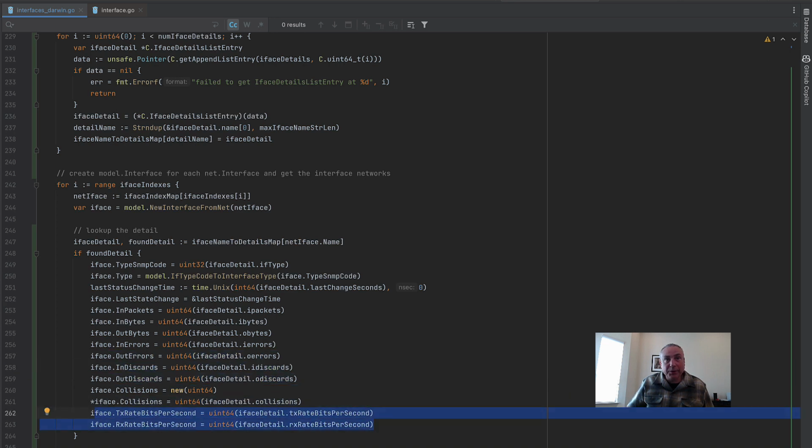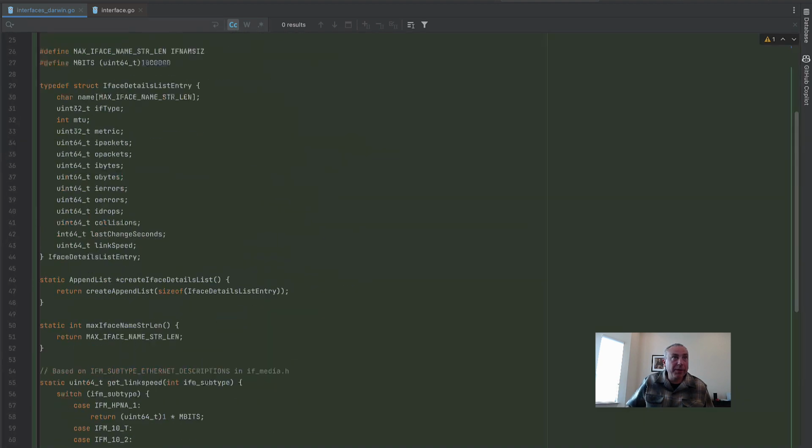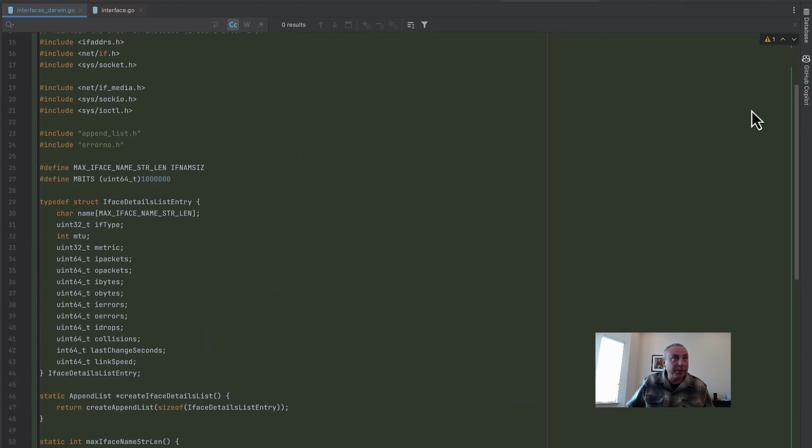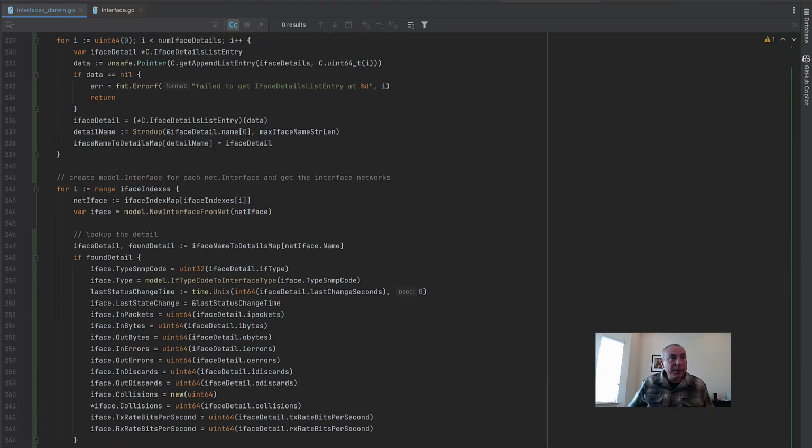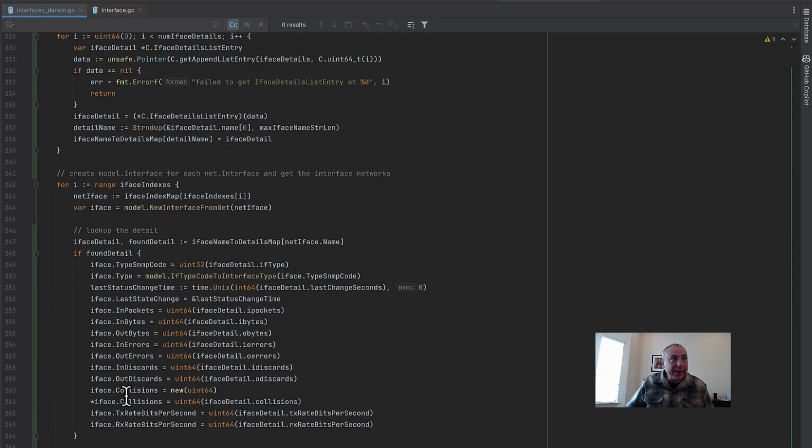Now notice the JetBrains editor is not able to tell that either because this is where I'm interfacing with C code. I was hoping the AI was a little bit better. And sure enough, as you can see, I don't have those fields in the C struct. They don't exist. I have iDrops for inbound drops, and then I have a field called link speed. Okay, so now let me go back and correct it to see if I can fix where GitHub Copilot went wrong. So I have drops,